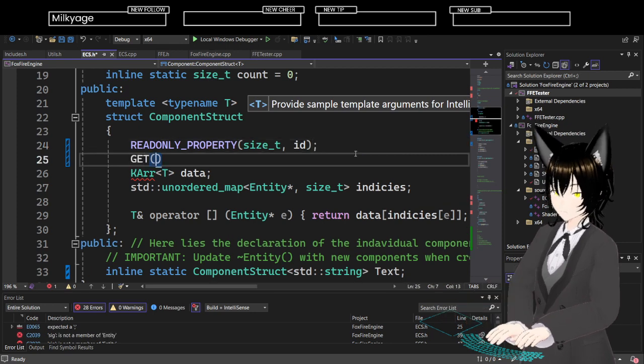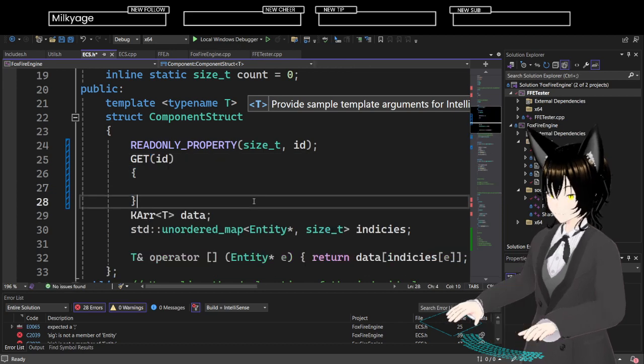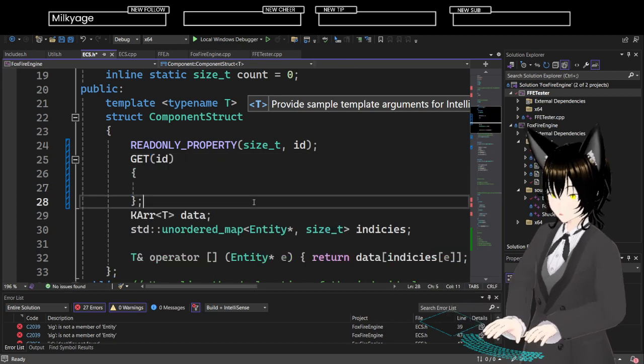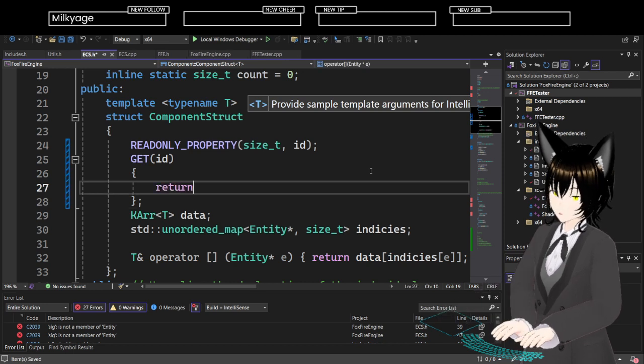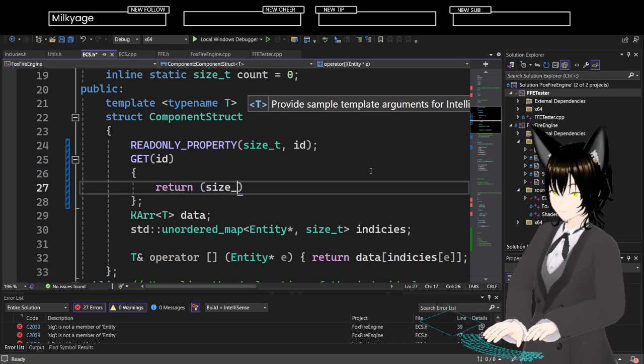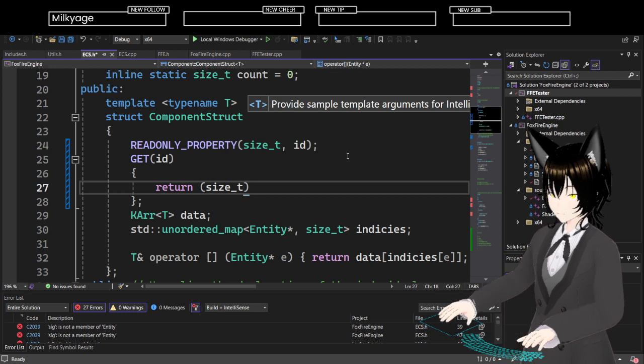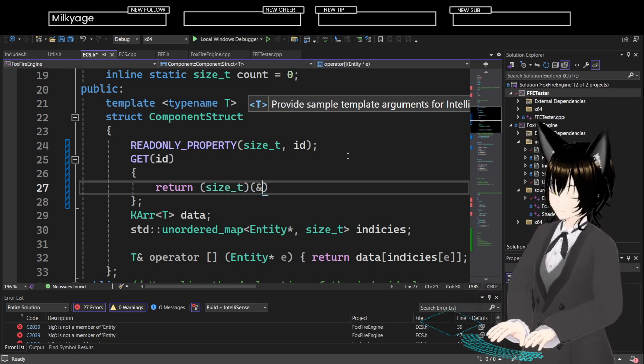And this is a get ID. And then this is essentially just going to return a typecast of size t. And then this is going to be the address of this.